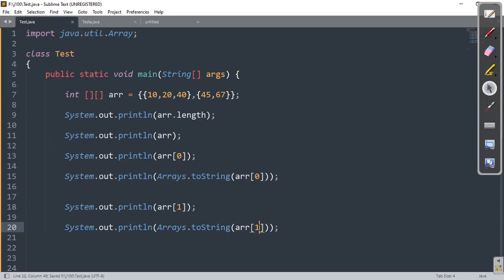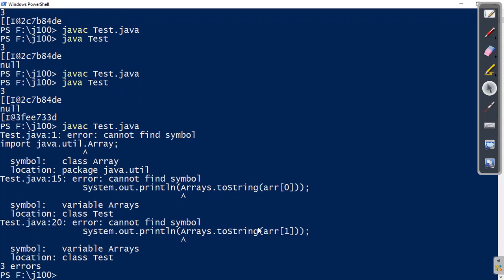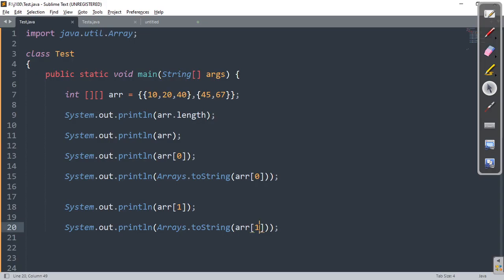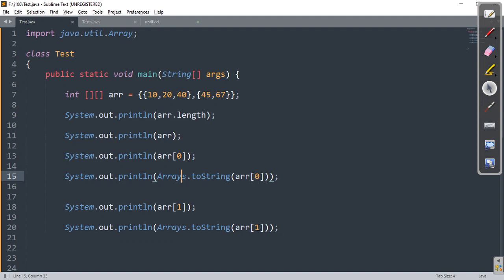Let us cross check. The code should compile fine. There should not be any problem. There is a problem. What does it say? I think it's a spelling mistake or something like that. Let me cross check. Cannot find symbol Arrays.